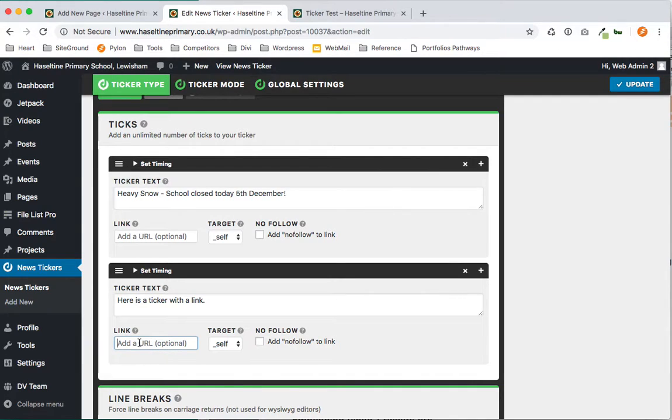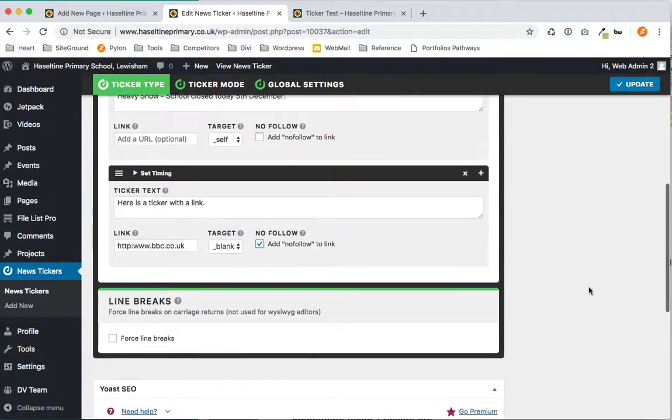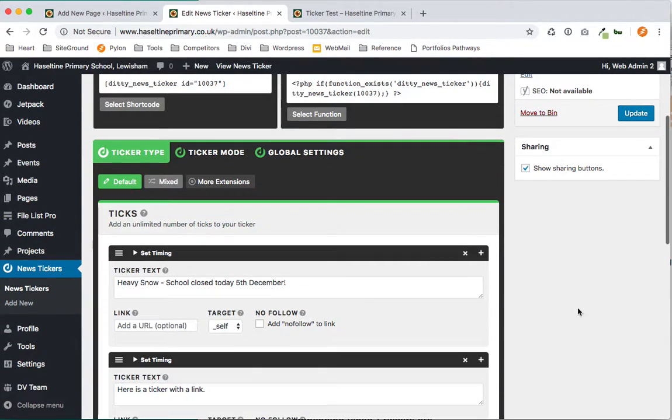So if I had a link like this, what it will do is when you click on this text, it will open this link in a new window. A new window is blank. You can click that. No follow link, because it's going to an external site. Right, if we hit update on that,